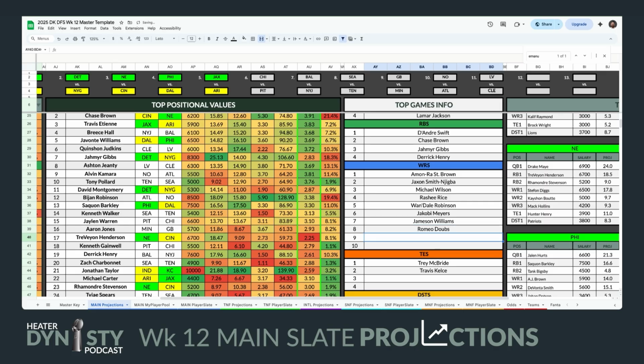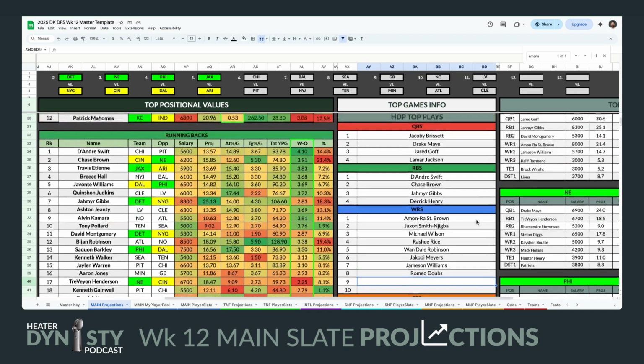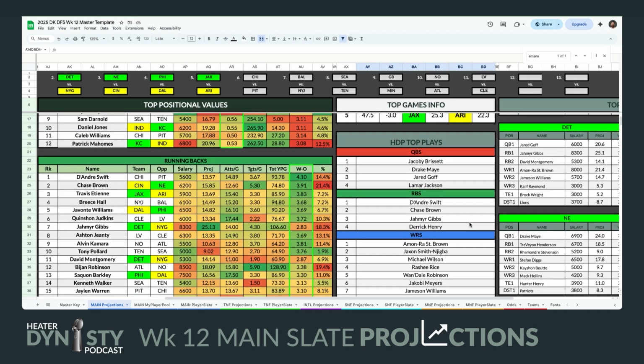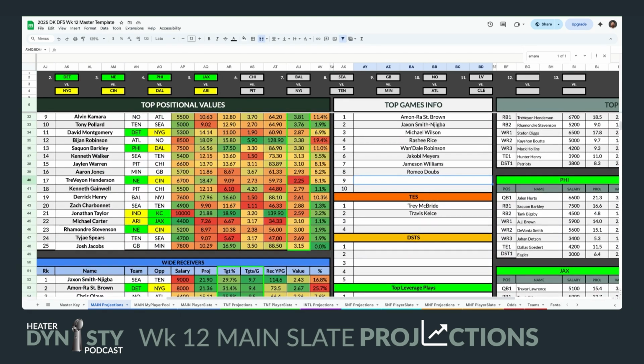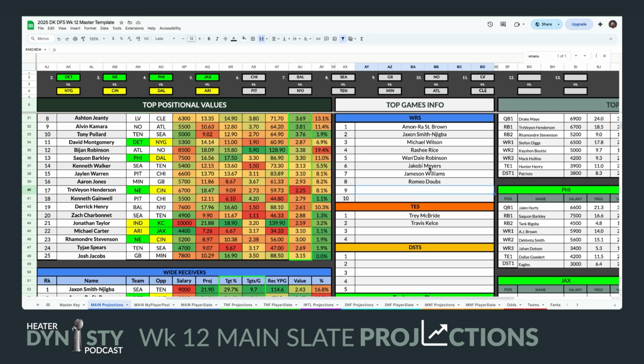For 8, Romeo Doubs is another cheap option. Basically, this week you're going to have to build. Probably you're going to get 1 wide receiver stud. Definitely Trey McBride, tight end stud. 1 running back stud. And then the rest is going to have to kind of fill in with some balance or leverage, or savings plays. So that's why I'm offering a lot of these mid-tier wide receivers here. Romeo Doubs, Jacoby Myers, Michael Wilson, Wan'Dale Robinson. You're going to probably need at least 2 of those to make this all work.